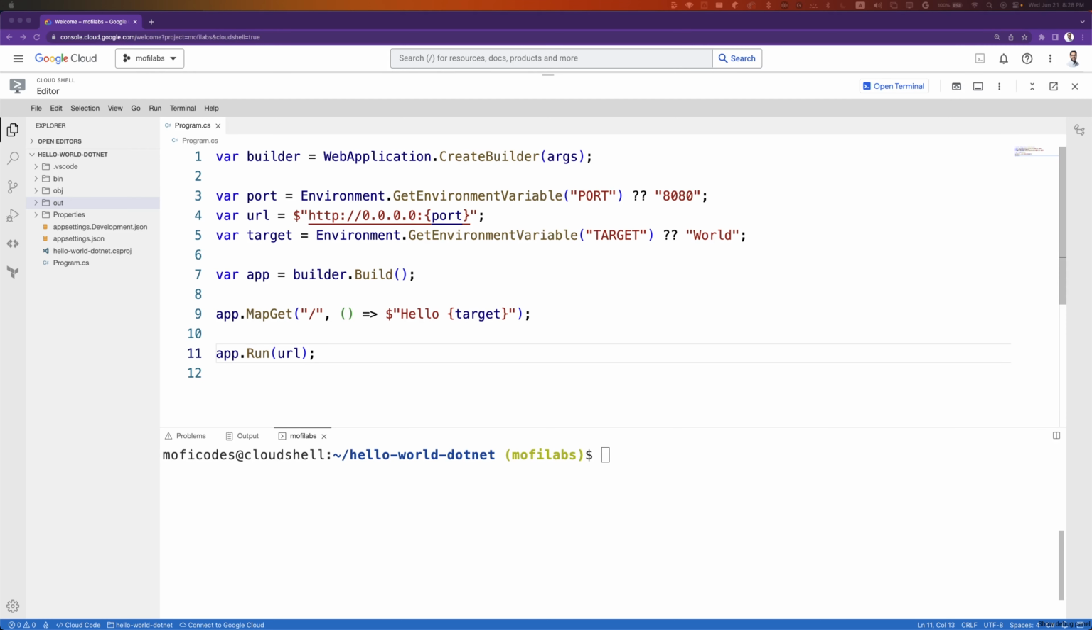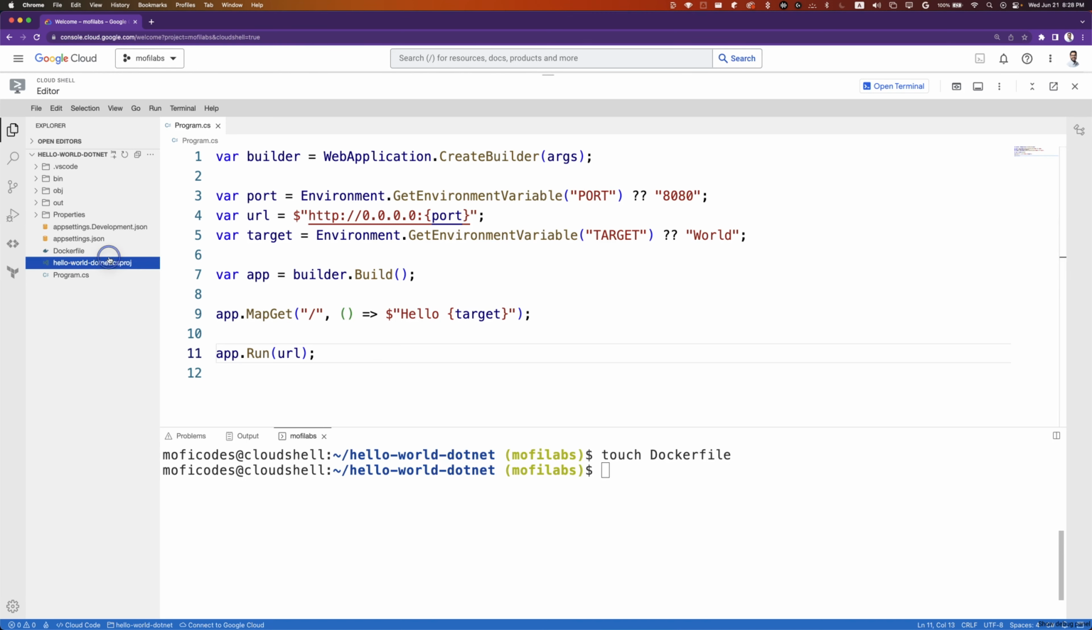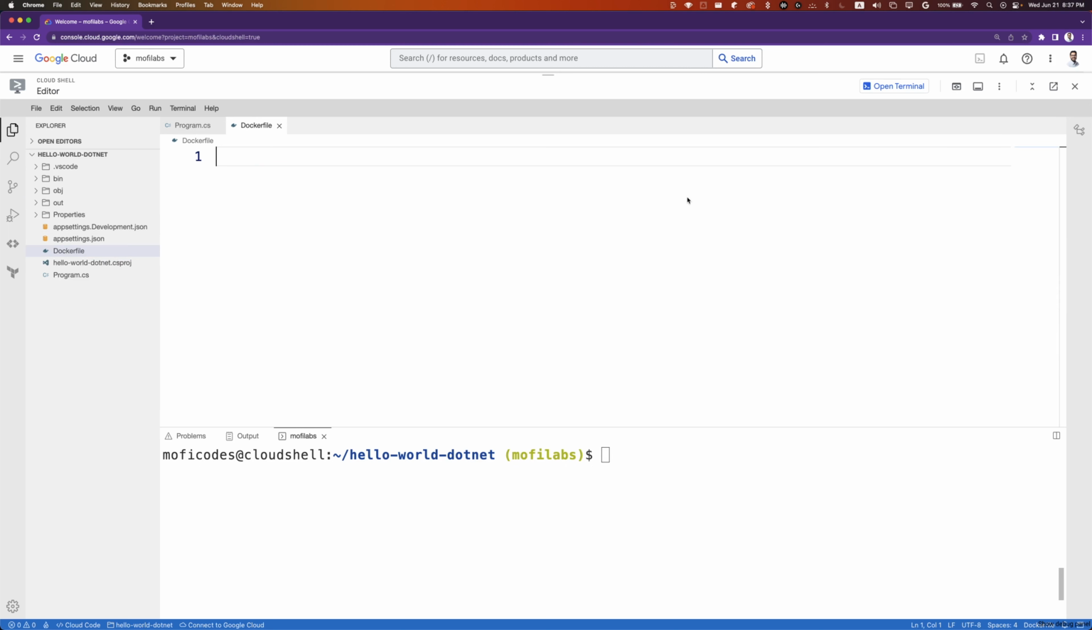In your Cloud Shell editor or the text editor of your choice, open the folder where we wrote the code. I already have it open from the previous video. Let's create a new file called Dockerfile, and then open Dockerfile. Every Dockerfile starts from a base image. In this case, we start from